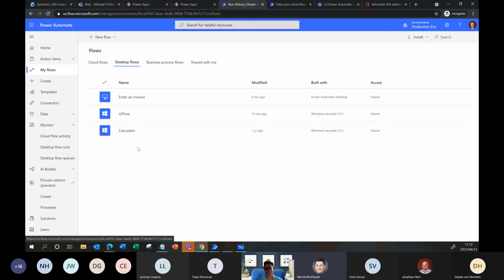Obviously, with stuff that expects a synchronous response, like a virtual agent, you don't want the person to hold the line for 4 hours. So you just got to worry about timing and how long the desktop flow will take to run. But theoretically, and technically, it's possible.